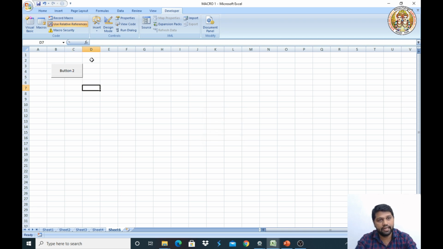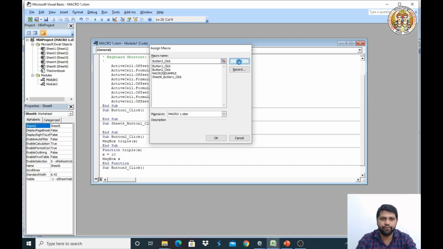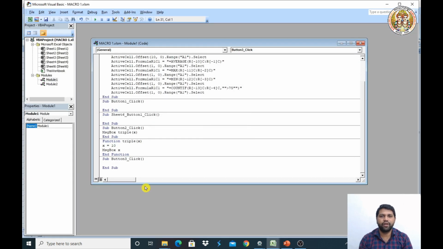For that, again I'll take one more button, insert, click on new, and here we need to enter the code for the reference or value. First I'll go with the reference.